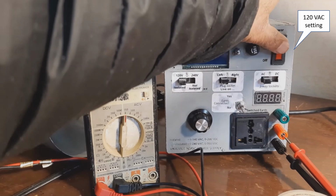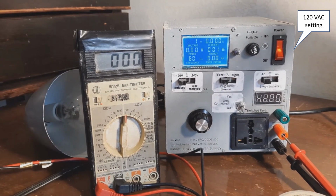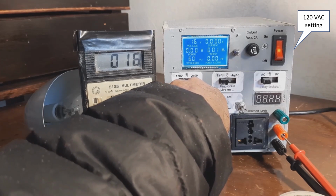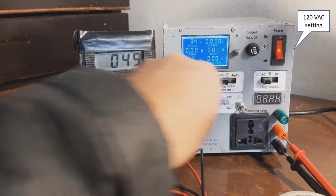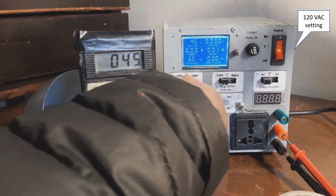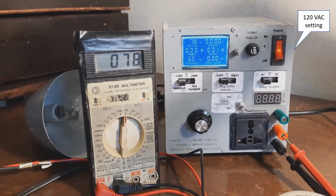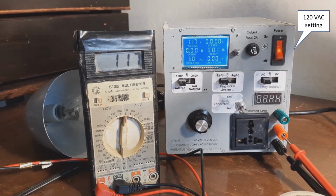So on the 120 volt setting, you can go smoothly from around 0 volts to 120 volts. The AC power meter does show a few seconds lag, which I had not expected, but it is otherwise quite accurate. I just have to keep in mind that there might be a lag when I set it up in the future. So then when I move to the 120 volt setting, sorry, the 140